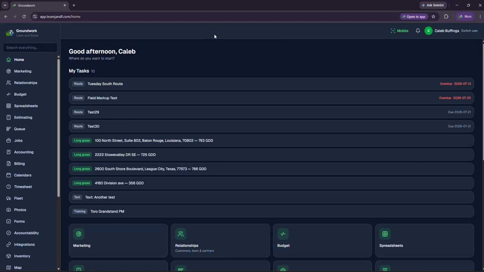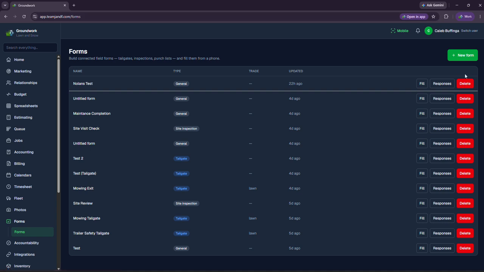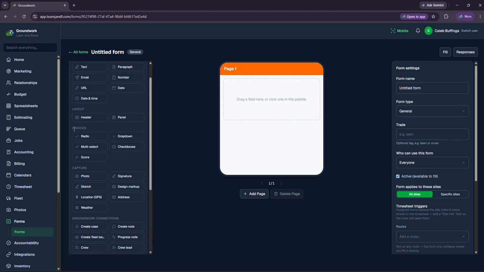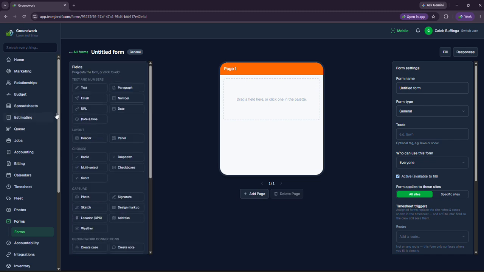To use the form element of Groundwork, first, you're going to want to go to the left-hand panel and scroll down until you find Forms. You click on it, and then up here, you can click Create New Form. Here it brings you to the form page, and you can title the form right here,